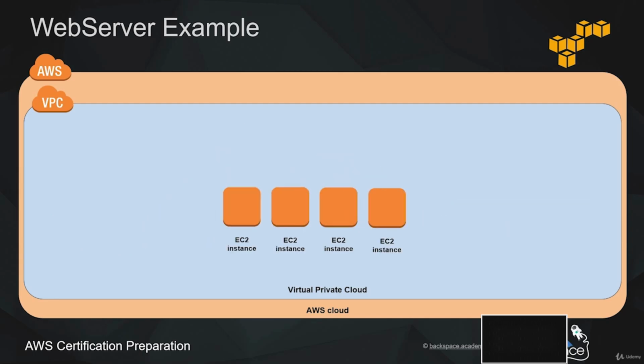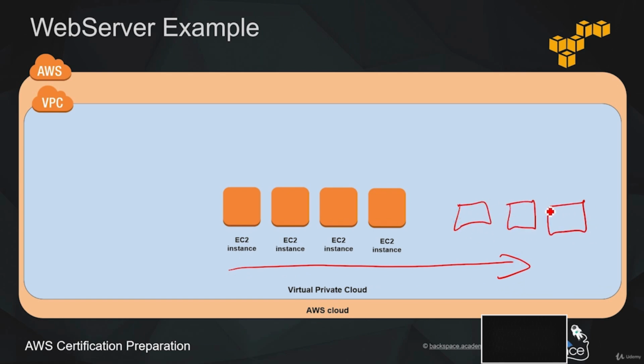What we can do is horizontally scale, and we do that by adding more instances. And as demand goes up, we add more instances, and as demand goes down, we terminate those instances. And that way, we still have continuity of our application. Our application will always be running because there's always going to be at least one EC2 instance to look after the demand.